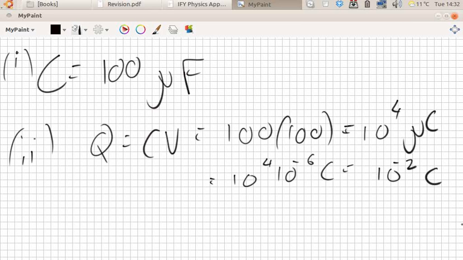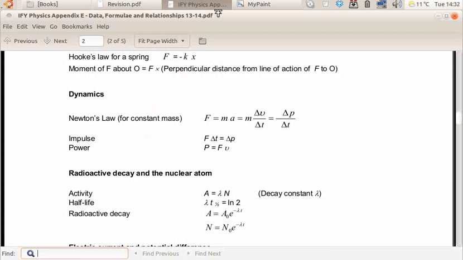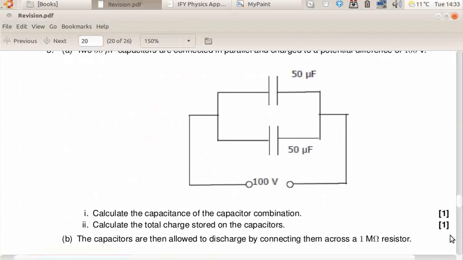If you want, you can write it like this, which I think is best, or you can write it as 10 millicoulombs. Okay. So you see that's 1 mark, 1 mark. Now,